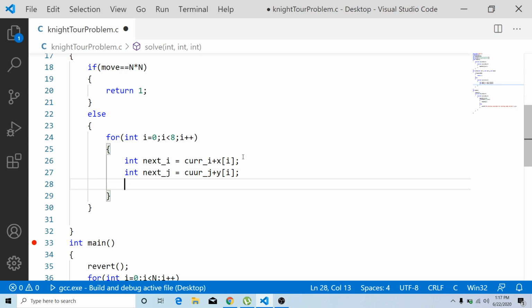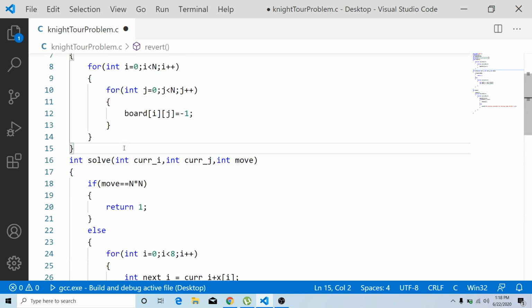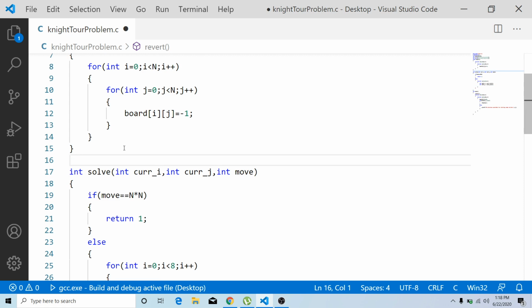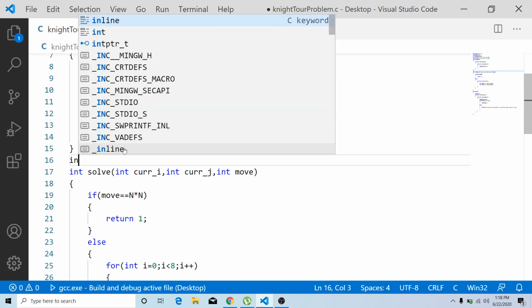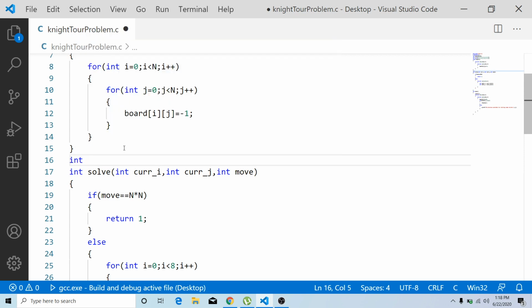This is where we introduce a function called the bounding function. The bounding function checks whether the cell meets all the constraints. So we are going to write one more function, called the bounding function, which will also return either 1 or 0.